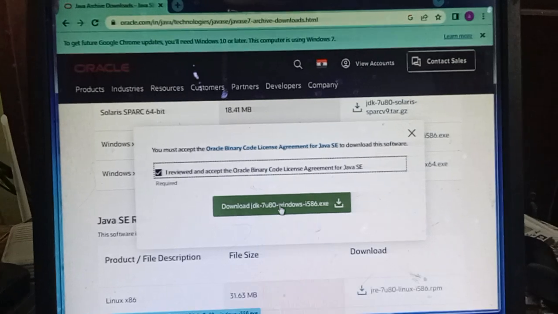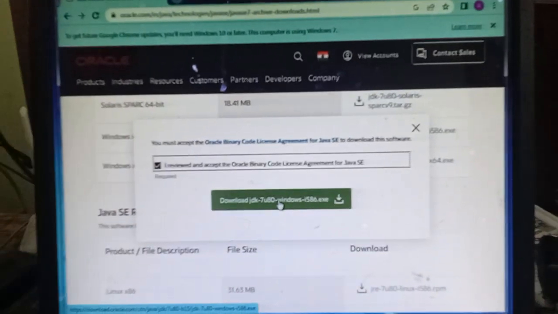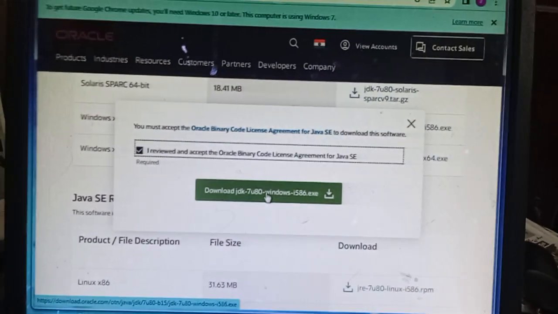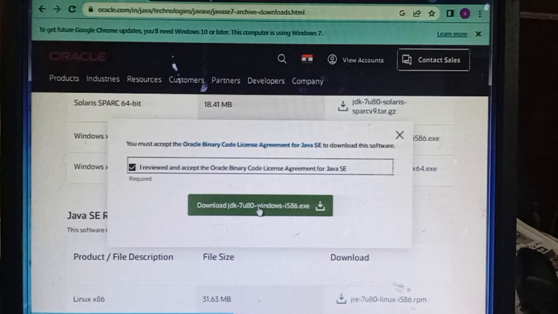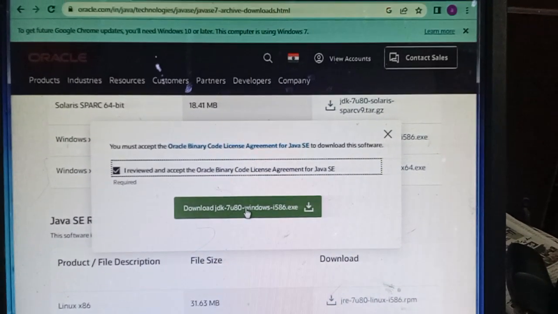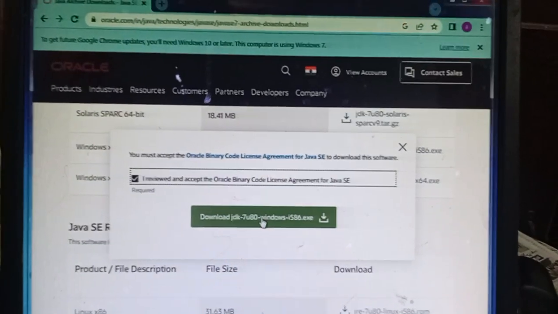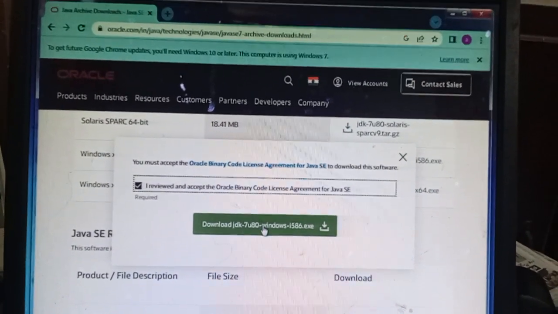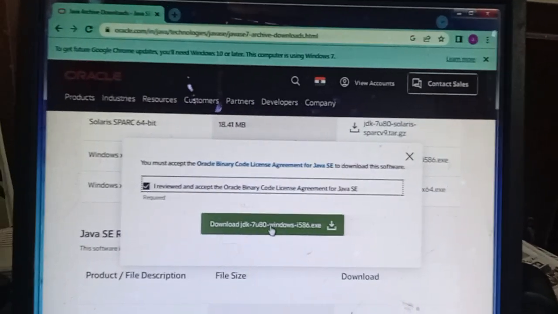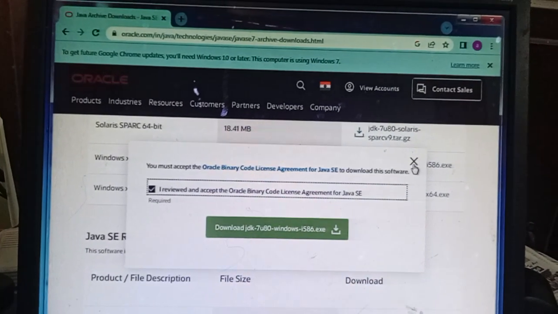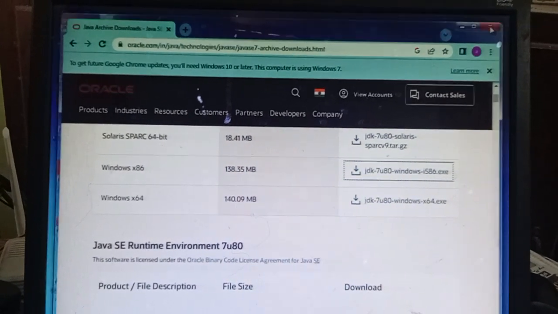After clicking this, the Oracle site asks you to sign in. You just sign in. After signing in to the Oracle page, Java will automatically download into your system, and you will get a setup wizard while downloading Java. In that setup wizard you will get all the help necessary to install Java. I am going back from this site because I already downloaded Java in my system.